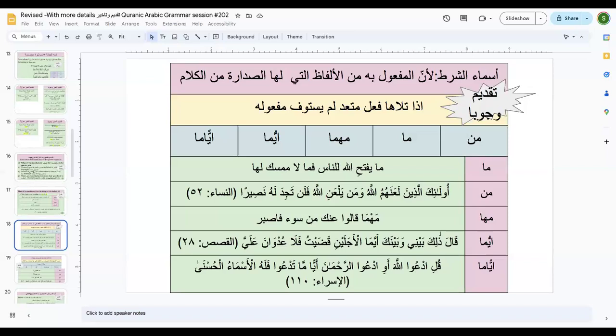to memorize those, I want you to memorize these five as well: aina, mata, ayyana, kaifa, anna, which are the asma'u shart when they are going to be followed by a fail that is mutaaddi, and it does not have its maful bihi mentioned after it. In that case, you will notice there is taqdeem of maful bihi ala fail, and that is the case when it is wajib for maf'ul bihi to be brought before your fail, because these are the words for them is sadaratu min al kalam. Yes, very well done.